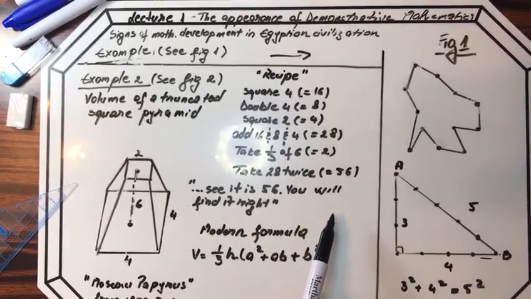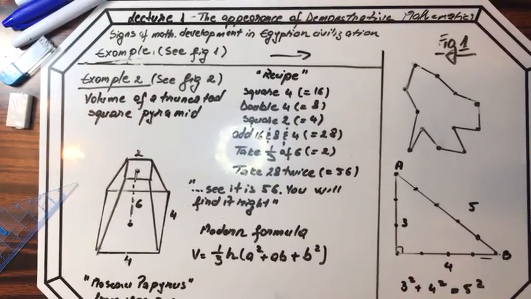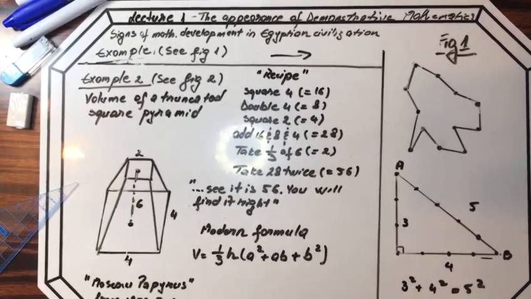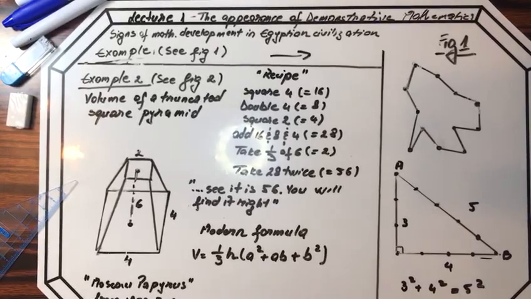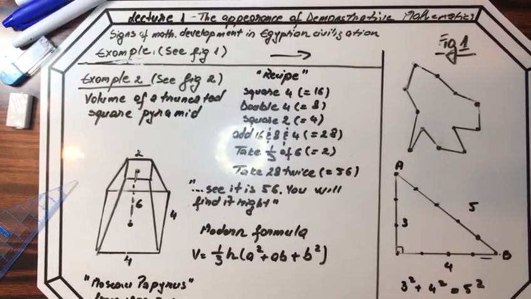This is actually taken from the so-called Moscow papyrus from 1850 BC. It has actually nothing to do with Moscow per se. It is actually an ancient papyrus owned by the Egyptologist Vladimir Golenishchev, and it was purchased around 1892 or 18